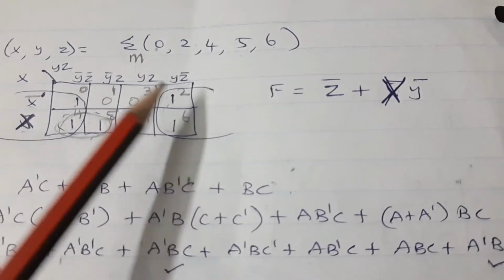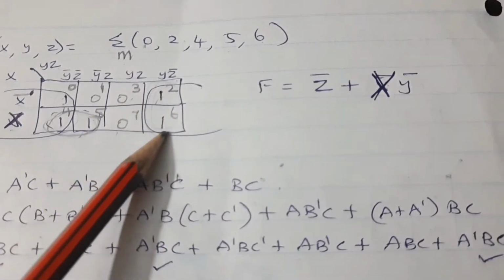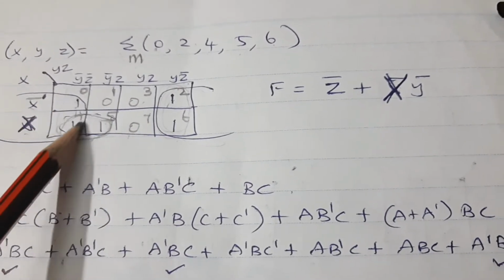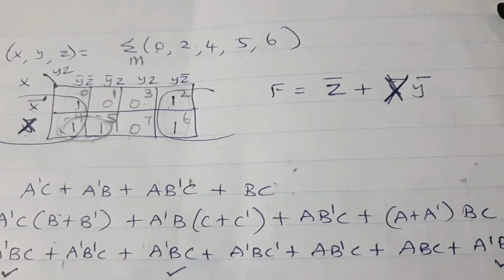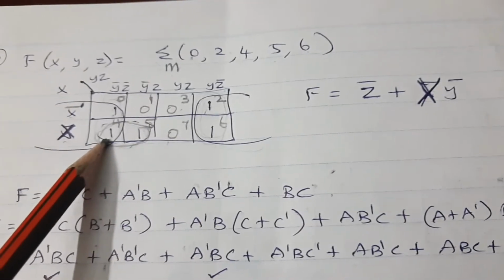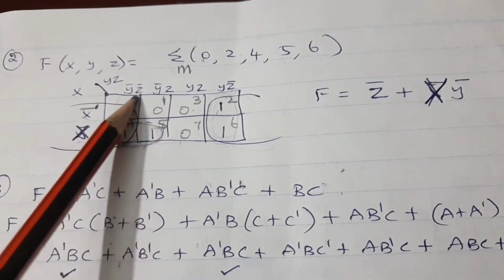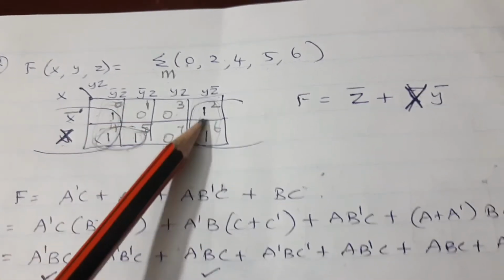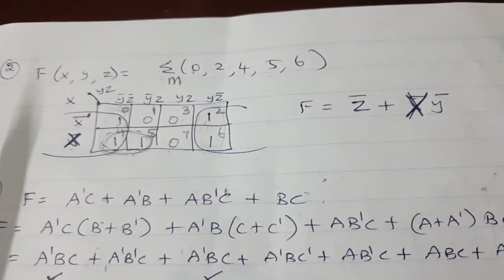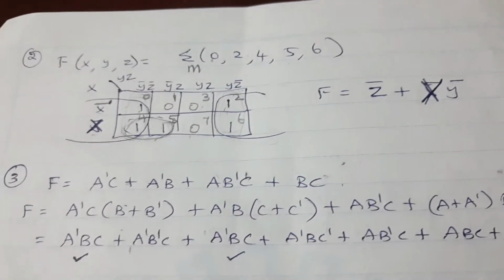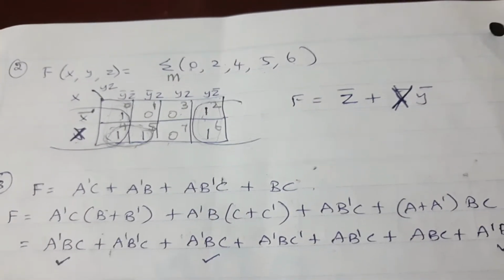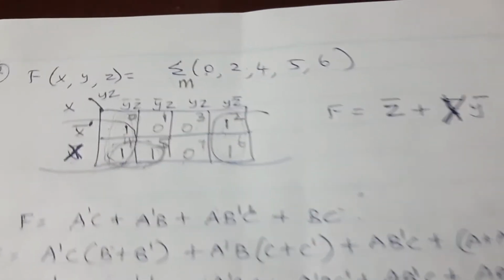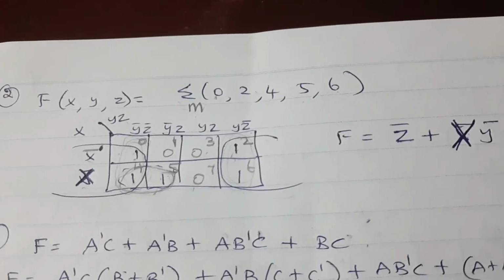One thing is over. You can next combine these two ones. It is adjacent. You can combine again this one. You can reuse the cell again and again. That is allowed. So you can combine here. But what happens here is 1, 2, 3. So you will get 3 equations. But according to our content, we should have a simplified equation. So you should find an equation which goes with the least number of logical gates.